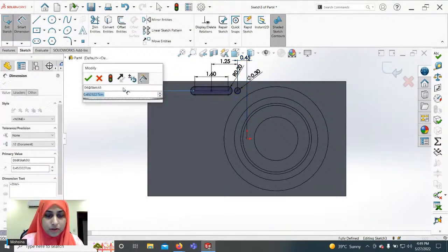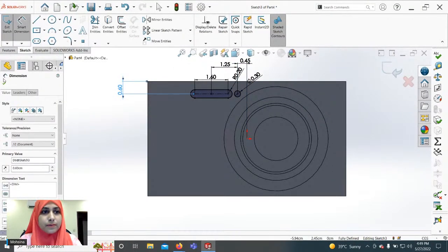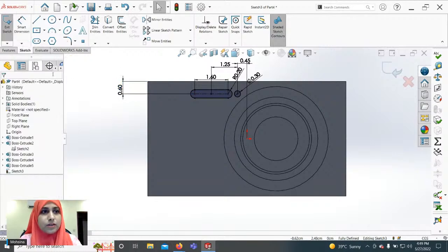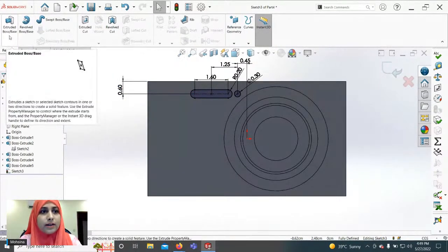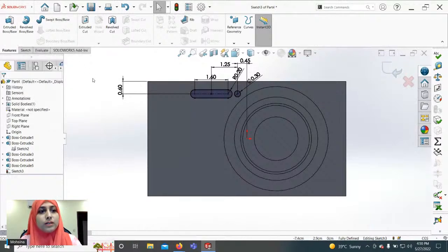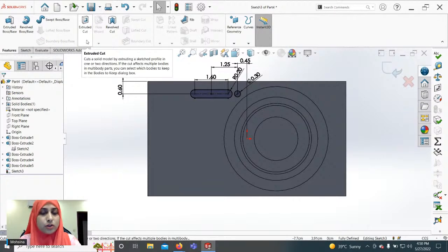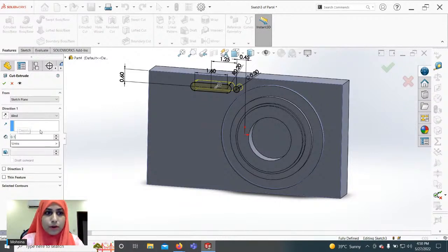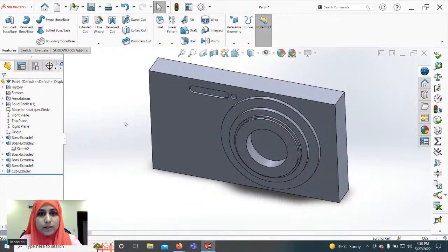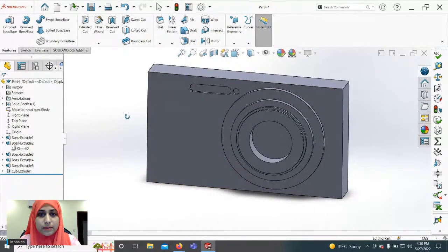And adding this dimension, it will be 0.6. The sketch has been fully defined. Go to features, and as extruded boss projects the sketch outwards, to cut it, we will be using extruded cut option. And for the value, we will give 0.1. Click OK. And you can see that a slot has been created.